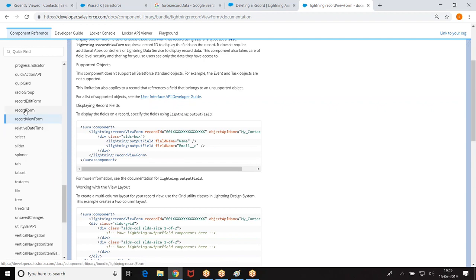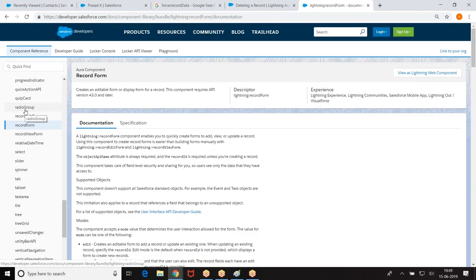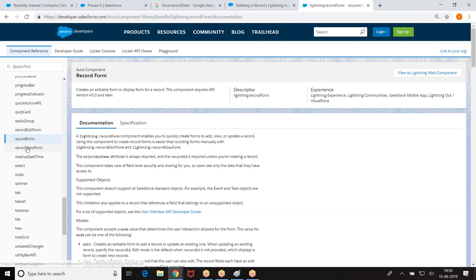The second story was record form. Here it is a combination of view and edit, where I was able to open the record in the view form or edit form, depending upon the mode. The advantage of record form is there is no need to mention every field separately. We have an attribute called fields. In the view form and edit form, for every field I have to create an output field: field 1, output field, field 2, output field, field 3. I have to mention every field. But in the record form, if you mention the list of field names, it automatically forms the UI. So these are the three things we have seen in terms of record.